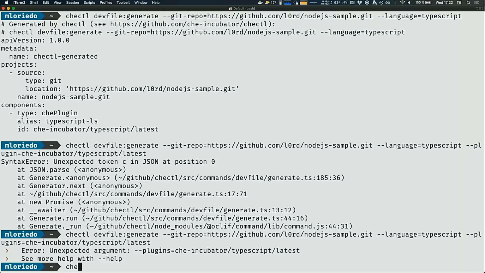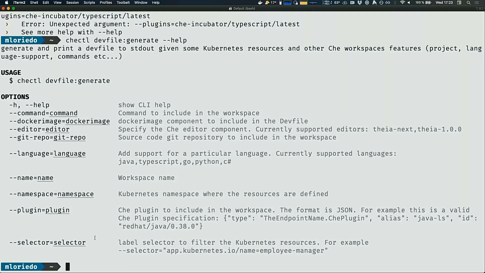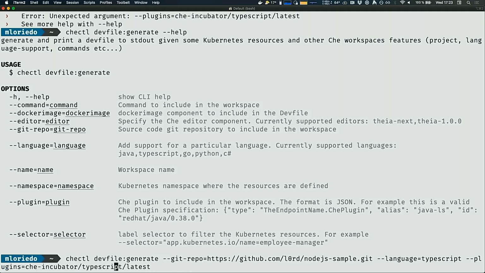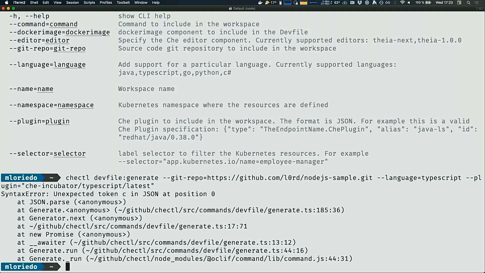So if I get a wrong parameter, I can have the help here, and it says plugin. Okay, it looks like it doesn't like it.